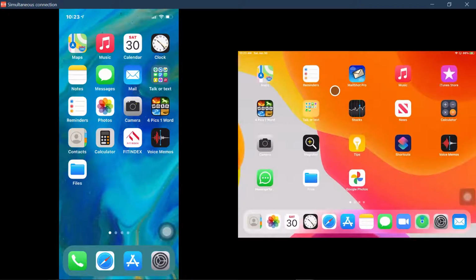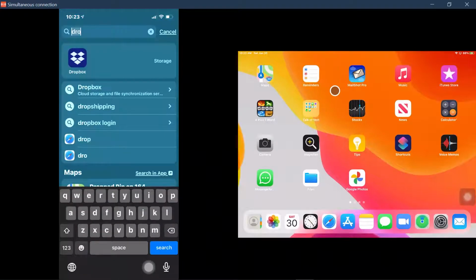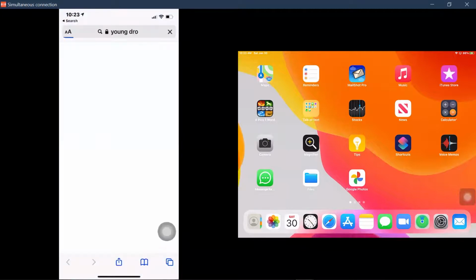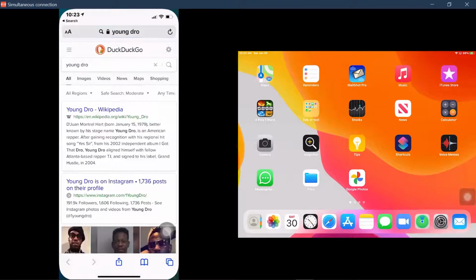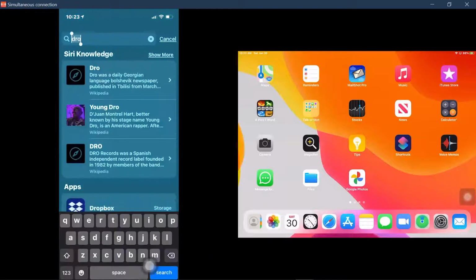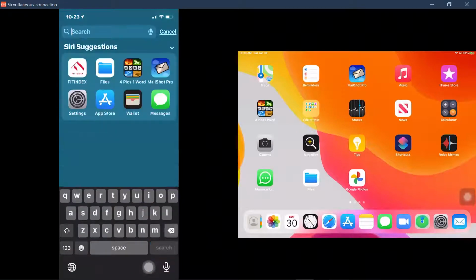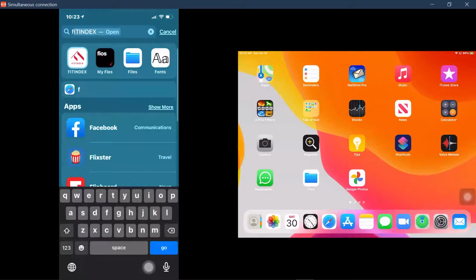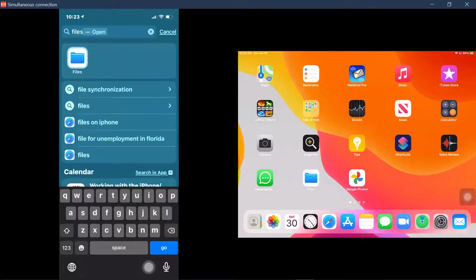My phone does look like that. Now put your finger in the middle and pull down. Yep, and I get that search screen. Now at the top, type in the app you're after. I do that, and it shows